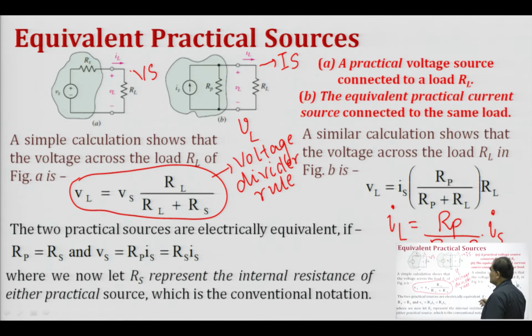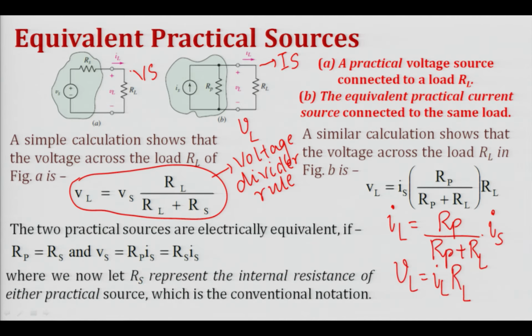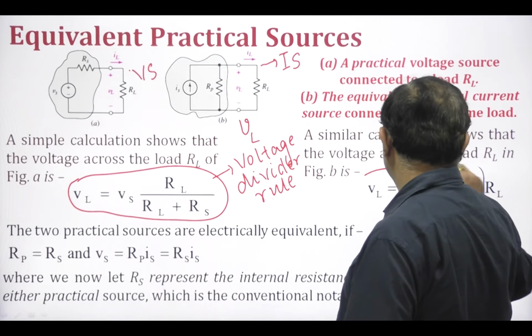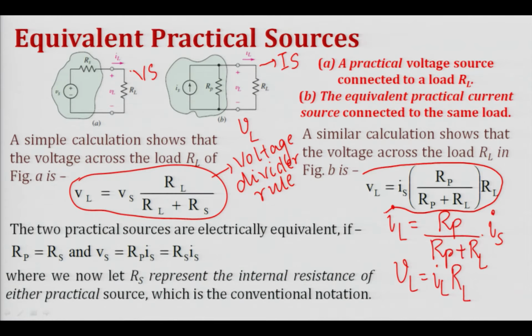So, once this load current is calculated, we can find out the voltage drop across this load, that is V_L equals I_L into R_L. When we substitute this I_L from this equation, we get the expression V_L equals this. Now, if these two